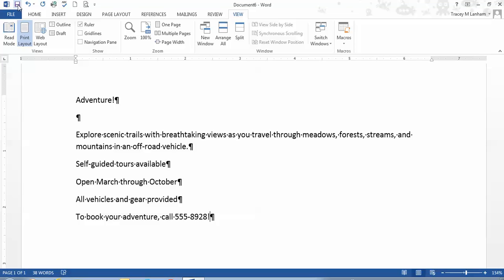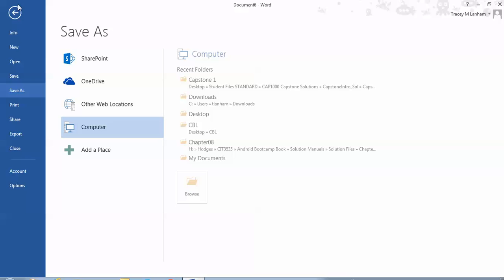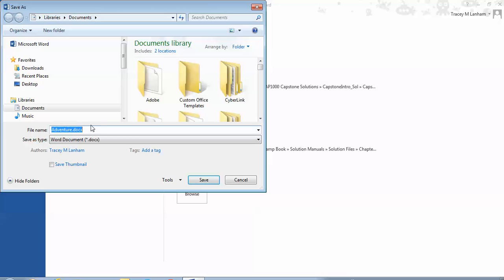Alright, so we're going to come up to the Quick Access toolbar. We're going to click on the Save button there. It's going to ask us where we want to save it. It automatically launches the Save As option since this document has not previously been saved. We're going to click on wherever it is you want to save your document. So if you're using a USB, make sure you select that USB